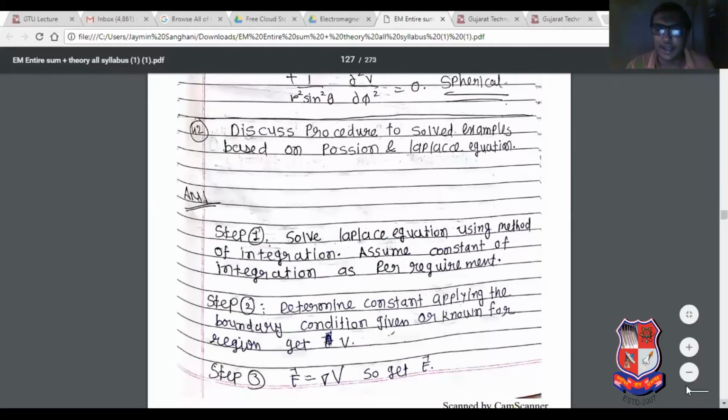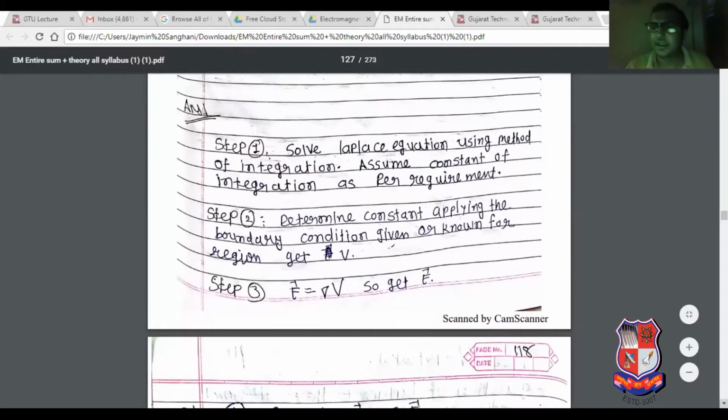See, this is the Poisson-Laplace equation, a basic fundamental concept related to the electromagnetic subject. That's why it is very useful to identify the capacitance of the parallel plate capacitor, and the Poisson-Laplace equation is used to identify the capacitance of different dielectric materials. If you consider an isolated spherical capacitor or different types of capacitor, at that time the Poisson-Laplace equation can be used to identify the value of capacitance.